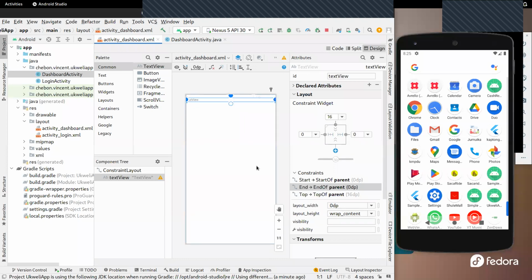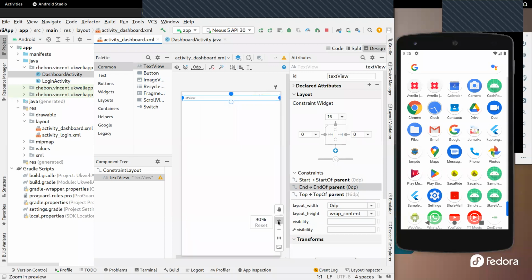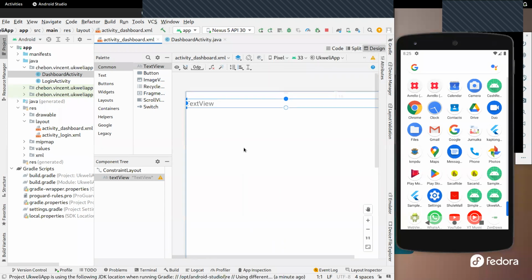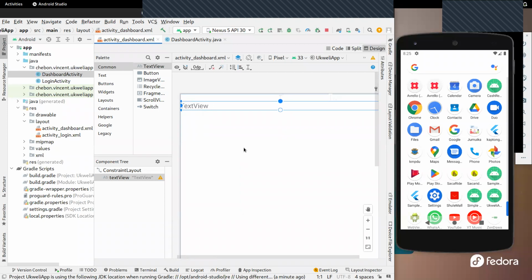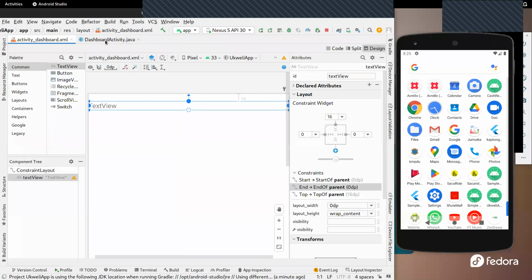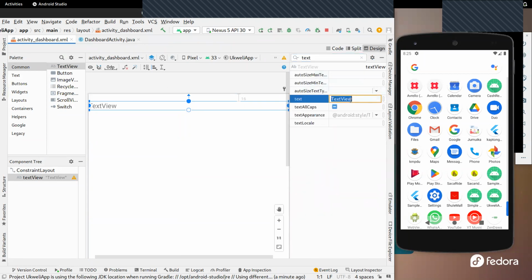And then you see we just want it to be stretched. And then let me zoom in a bit so that you guys can view this section of the screen. So with that, inside the text view, under the attributes, we can modify the text. Since it is a text, we just change it from text view and say